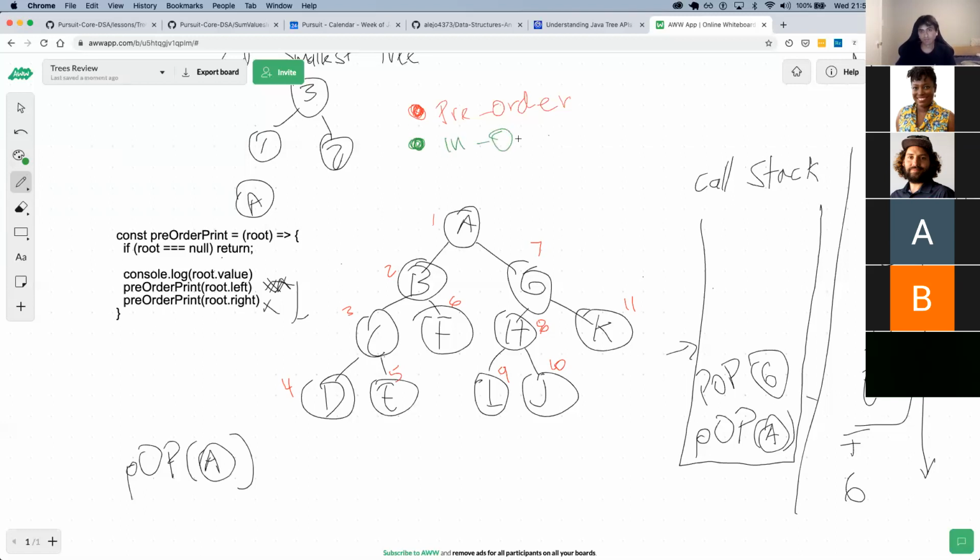In-order, the order is 1. Wait, hold on. I'm actually confused. Actually, in-order is the left first. So in-order is a bit confusing. In-order is this one goes first. Then this one goes second. This one goes third.